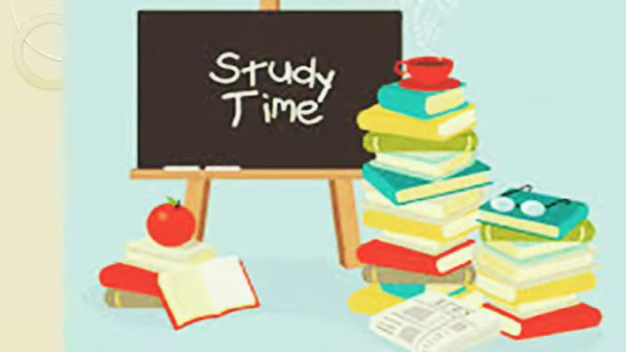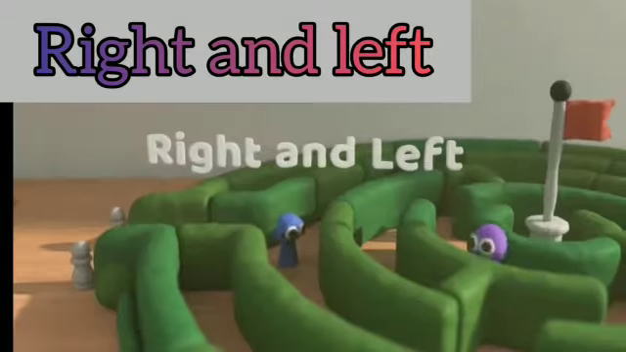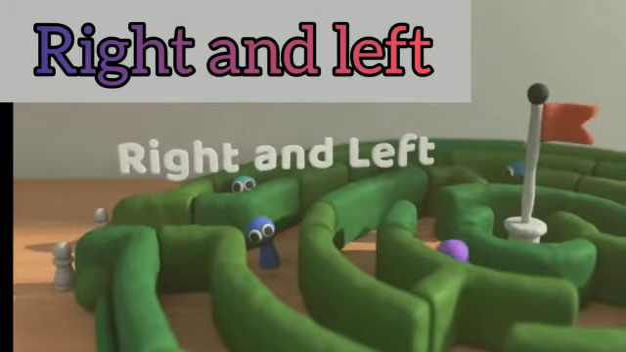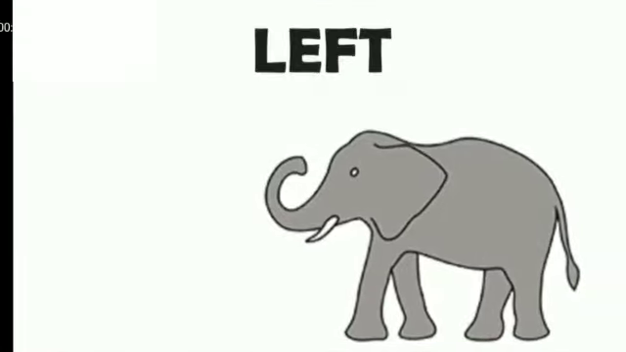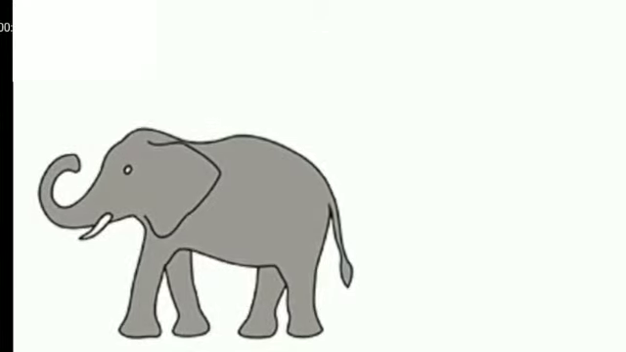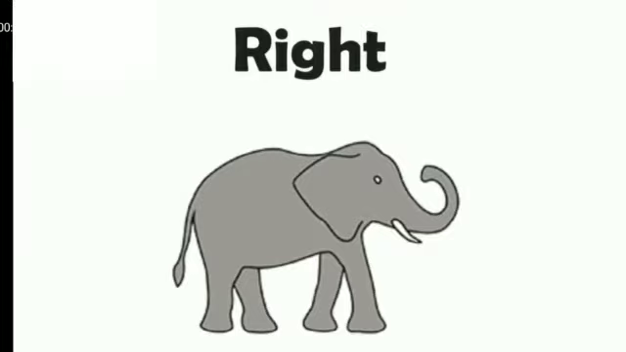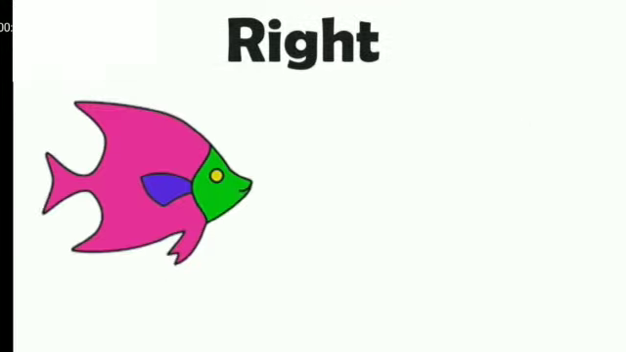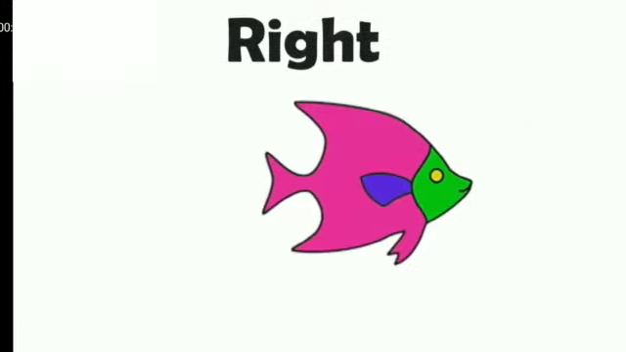So it is time to study now, and today we are going to learn the concept right and left. We use it as a direction, like this elephant is going to the left and now this elephant is going to the right side. This fish is going to the right side and now it is going to the left